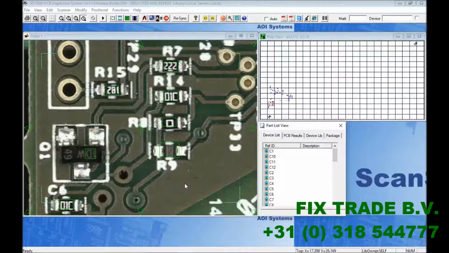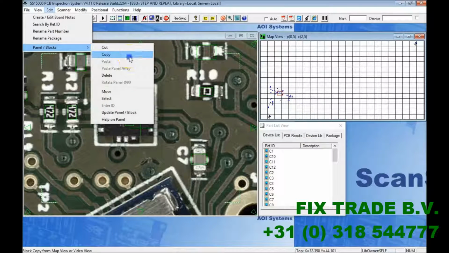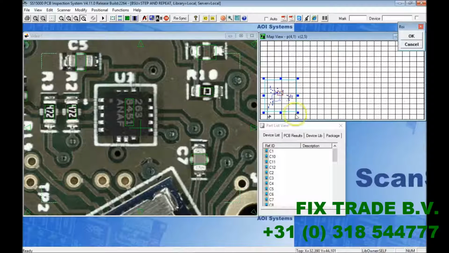Instead of step and repeat, you can copy and paste. If there's only a 3 panel array, it's probably quicker just to copy, paste and paste. Using the same program as we use for the step and repeat, we do exactly the same start point, panels and blocks, copy, draw the box around